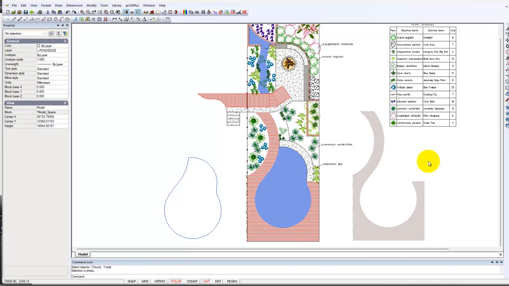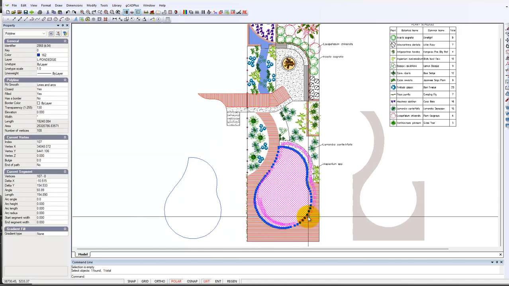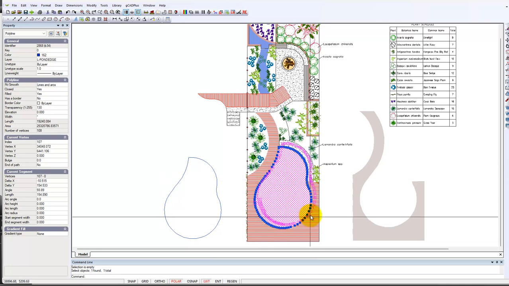Well, I'd like to use this developing drawing by Charlie Lineweaver, a designer based in Melbourne, to illustrate the value of polylines in landscape design. And a polyline is a really powerful entity in the landscape design environment. If I click here, you may be able to see that the pond is defined by this sort of curving